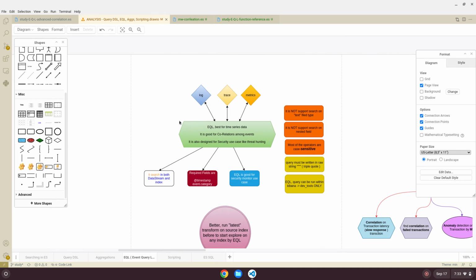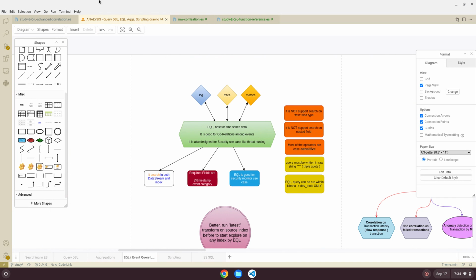SQL has been adapted by different databases like Oracle, MySQL, and Postgres. There are several databases which support the SQL standard fully or as much as possible. Similarly, EQL is a separate standard.